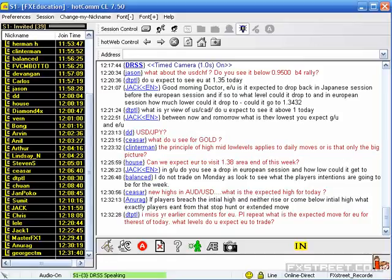Anurag, if players breach the initial high and neither rise nor come below the initial high, what exactly do the players earn from that stop and extended move? First of all, you should understand why they are doing it. Say in the case of euro, 1.3622 is the high. When they go above that high and hold the market above 1.3622, keeping a buy order and sell order, a higher level sell order and a higher level buy order,